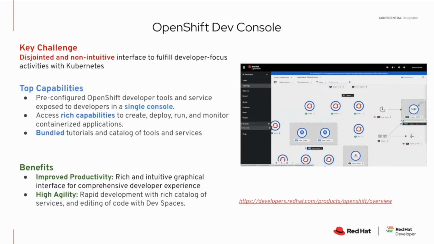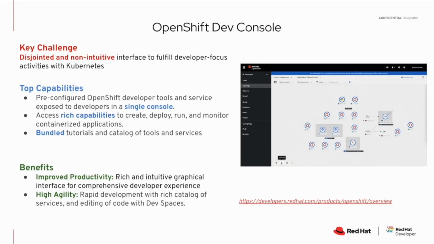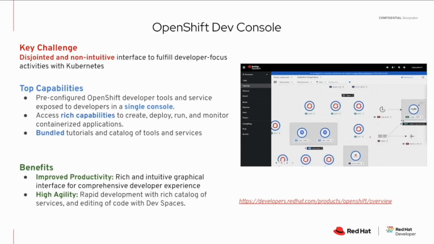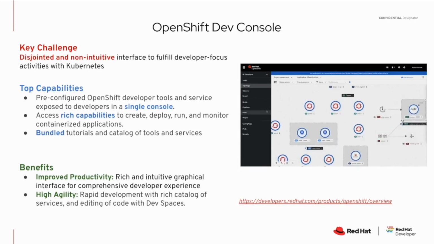And with this, there's a rich catalog that you get of services and tooling that you can run. You can connect into externally hosted services. So as you add more capabilities in your environment, the developer console evolves along with it, and it opens up the different capabilities that have been added onto that cluster, so developers can now take advantage of it without having to leave that cluster, including if you have dev spaces, for example, installed on OpenShift, there's a very easy way directly from the OpenShift Dev Console to edit the code of the application you're looking at that you created via a Git repo. So it's very rich.